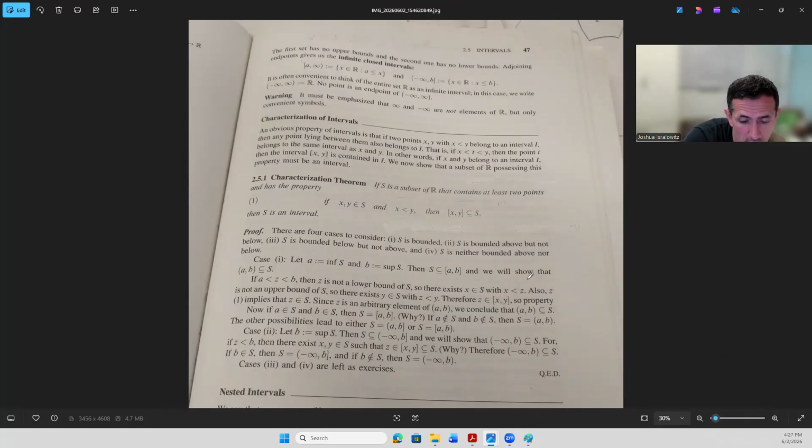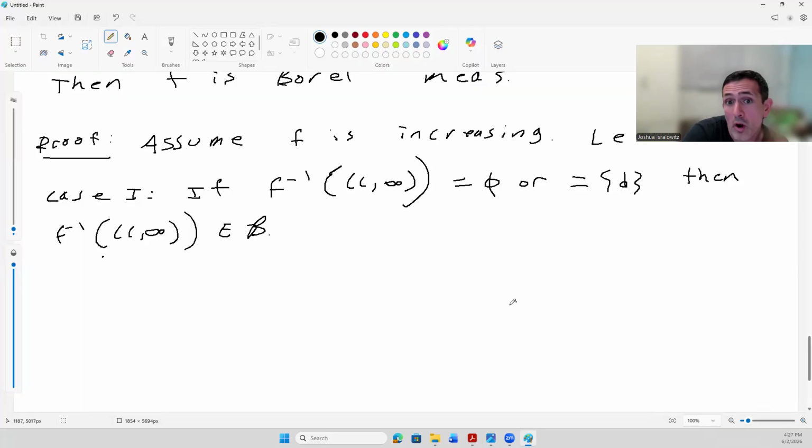And the point is going to be that intervals are Borel, so the inverse of these is going to be Borel. Okay? No idea how you would prove directly that the inverse image of every Borel set is Borel if F is increasing. I don't think there is an easy way to do it. But anyway,